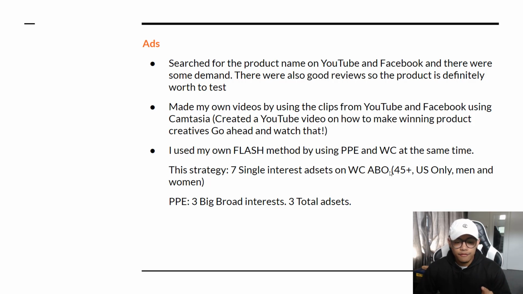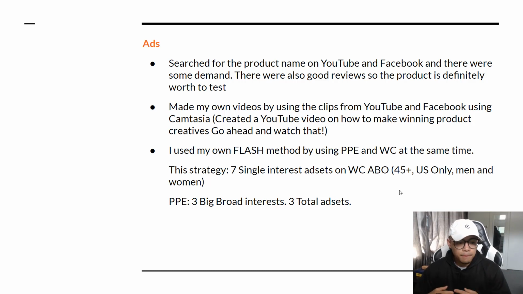The reason why I did 45 plus was because I looked into audience insights, and I saw that the majority of the people that liked the product within that interest or within that niche were 45 or over. Now I only did US because this is a fairly heavy product, and there was stock in the US from an AliExpress store, so I just tested US, and it worked out really well for me because obviously you have that faster shipping. It gives you better customer service for your customers in the US.